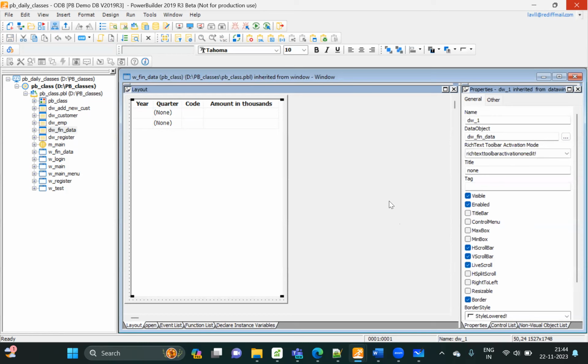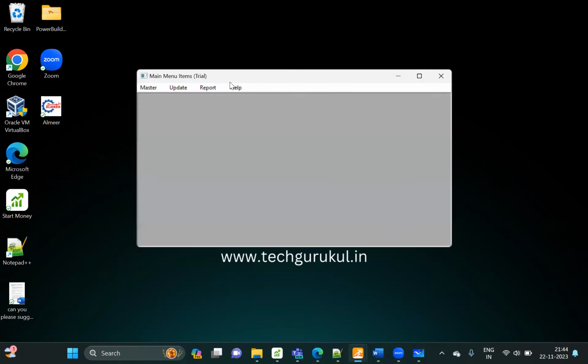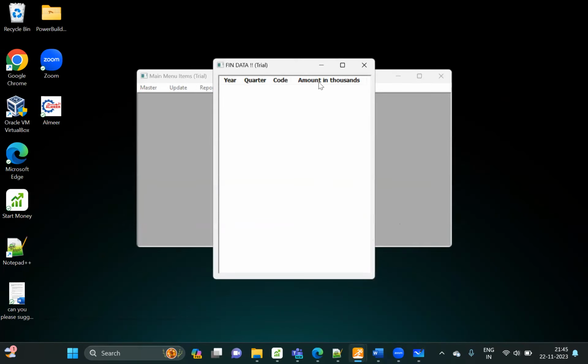Okay, so now I have placed my data window inside the window, fin window. Okay, let me run again, and go to see. So now I am able to see my data window inside the window,